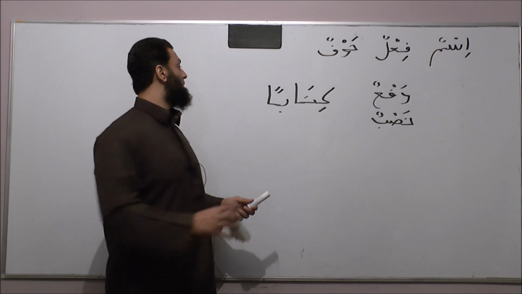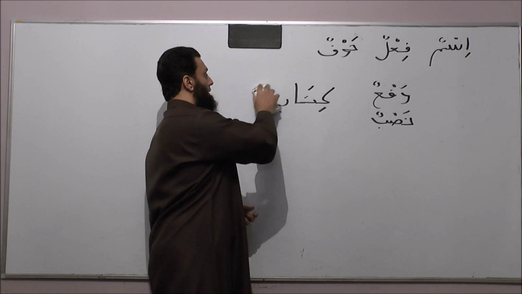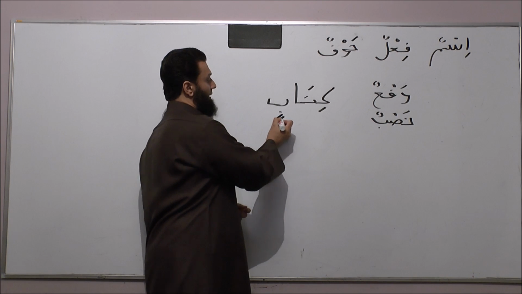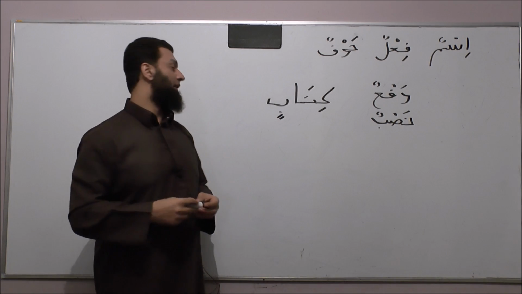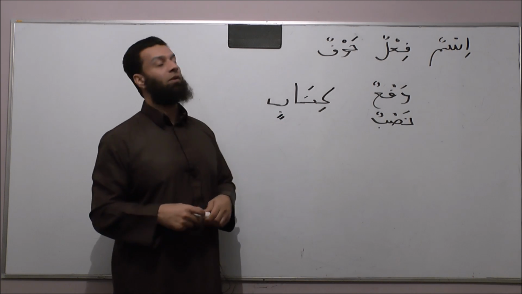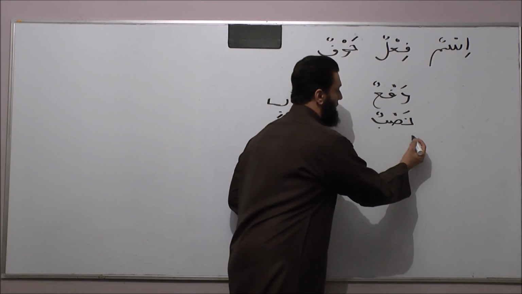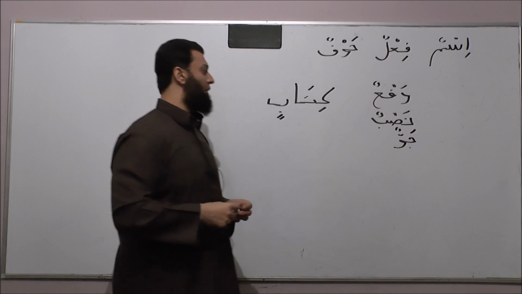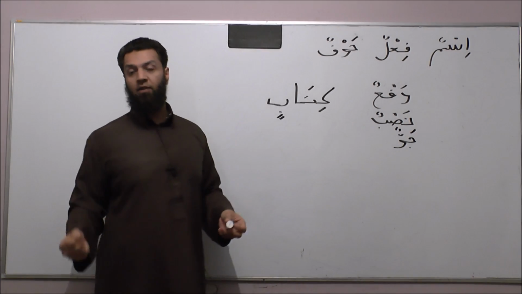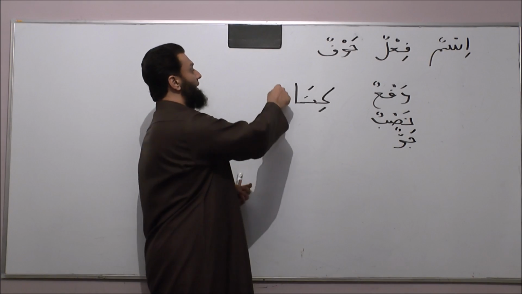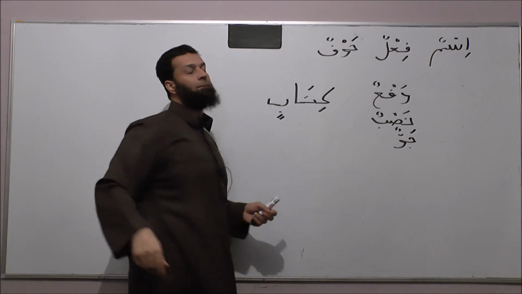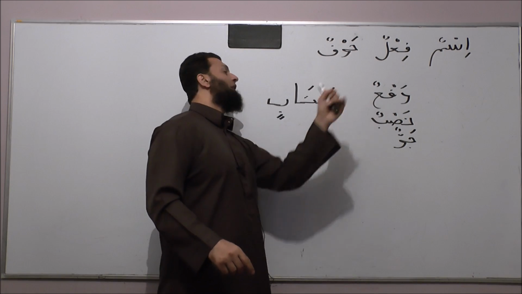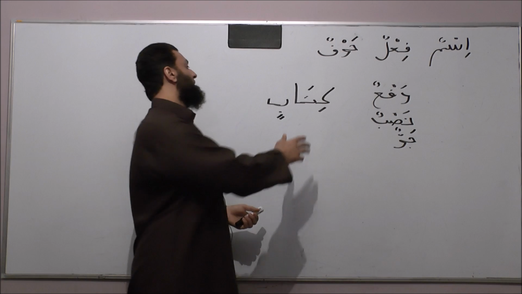So the third possible instance of an ending on an ismun is where it ends with tanweenu kasrin, where we have two kasras or kasratani, and that is called jarrun. Jarrun literally means dragged. So it's as though we've dragged the vowel from the top to the bottom. And again, that is not the default state, because the default state is raf'un, which indicates that something has acted